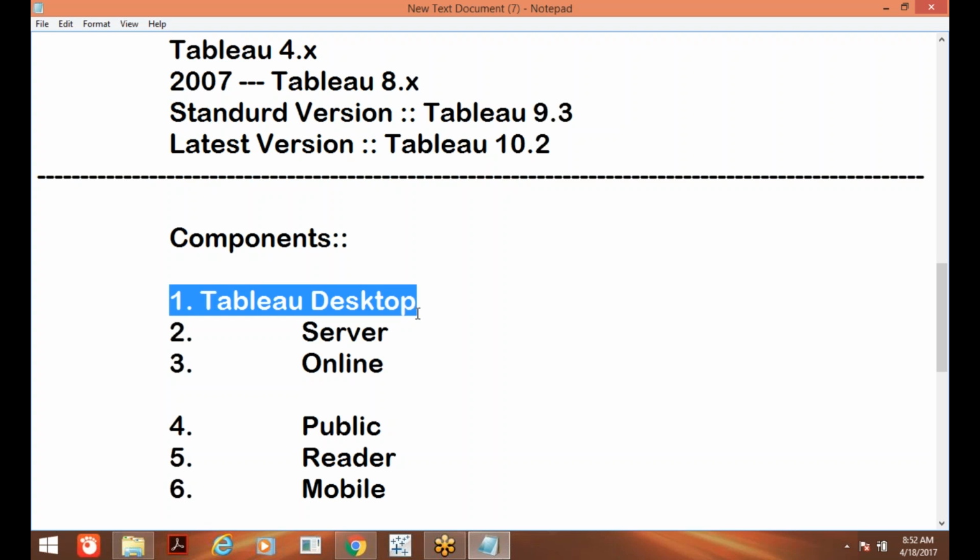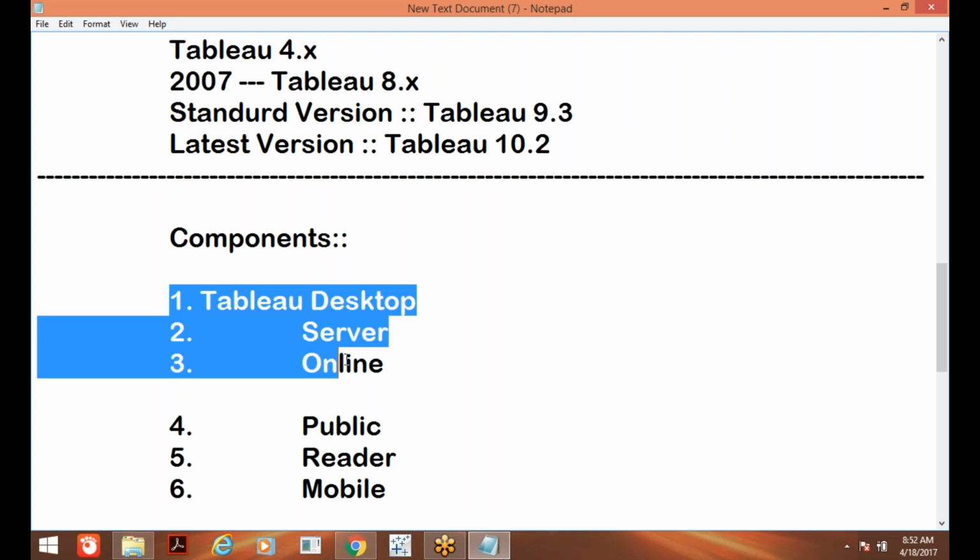And Tableau Online, in the sense, is also Tableau Desktop, but you can access this software from the cloud. Tableau Desktop, you download to your system and use it. Tableau Online, you don't need to download. By using the cloud, you can connect with your system. Apart from these six, these three are the commercial ones, that means licensed.